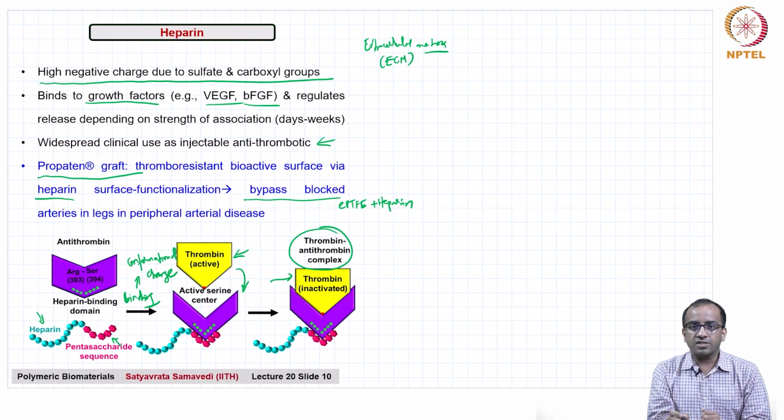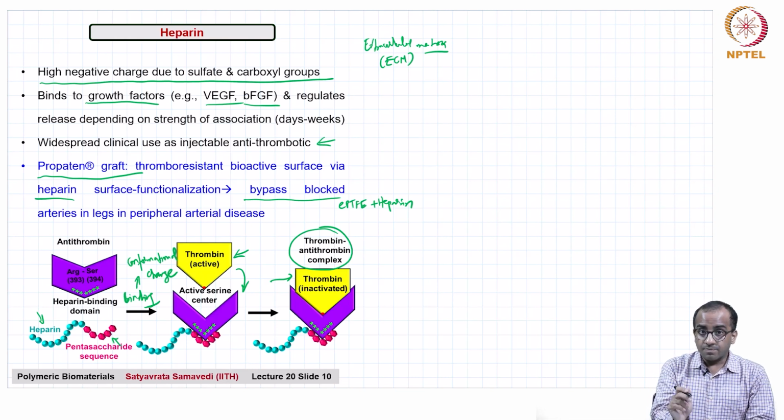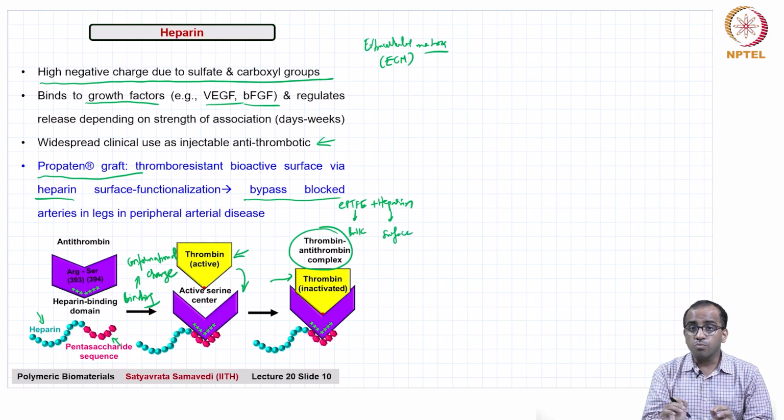Through heparin functionalization. Another important aspect to note here is this largely contributes to bulk properties. This largely contributes to surface properties, both of which are equally important in biomaterial design. We have not looked at surface properties much in this course just yet. It's a topic we will look at in some detail later in the course, but it's something to keep in mind